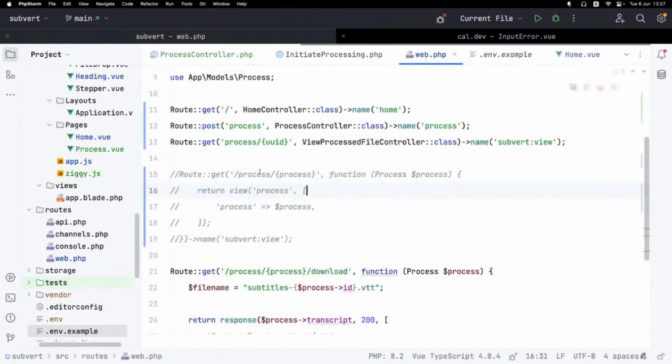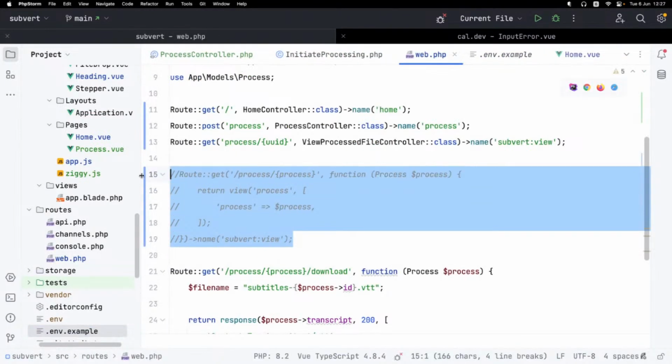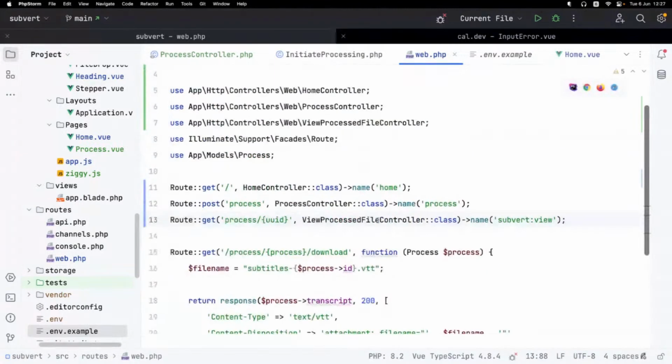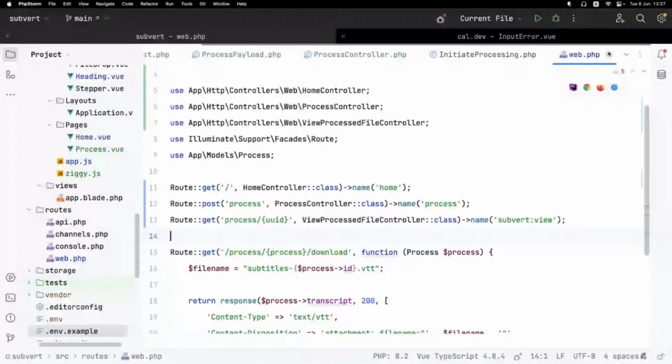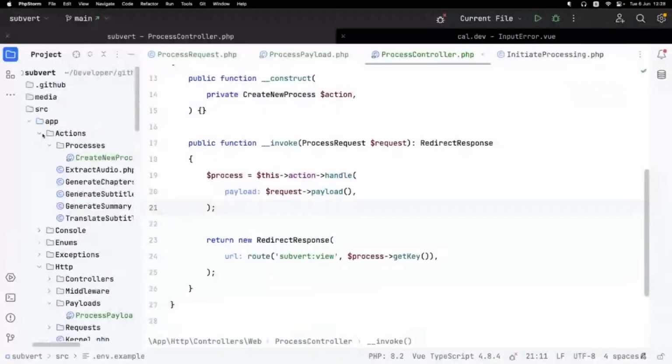Come over to our web. That's not needed. We can tidy this up in a bit. Don't need env, home, web, process controller. So we want to be able to dispatch, right? What I like to do, my personal way to do this is